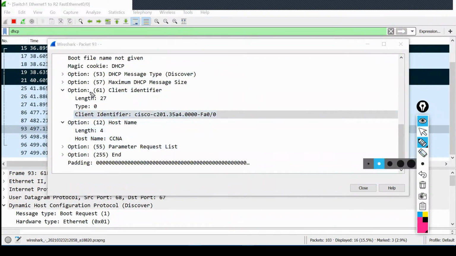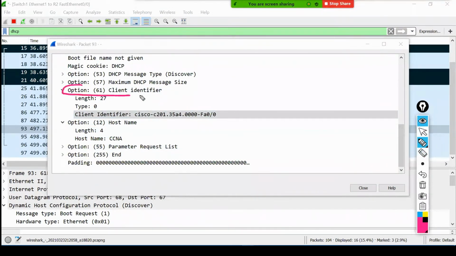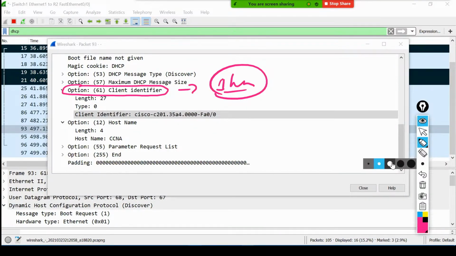Don't worry, guys. On this option field 61, we have a separate lecture. We have a 1 hour lecture on this. What is the use of the option fields? Why are they putting the option fields and everything? They are even putting the interface number as well.